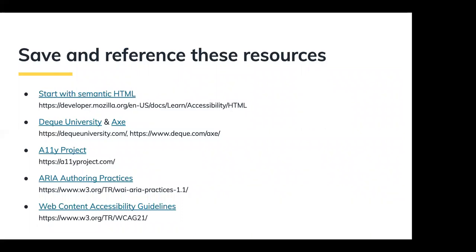They create tooling. There's this tool called Axe that you can install in your browser and evaluate your page for things that can be automated. The A11y Project is an approachable resource for getting started with accessibility. And then ARIA